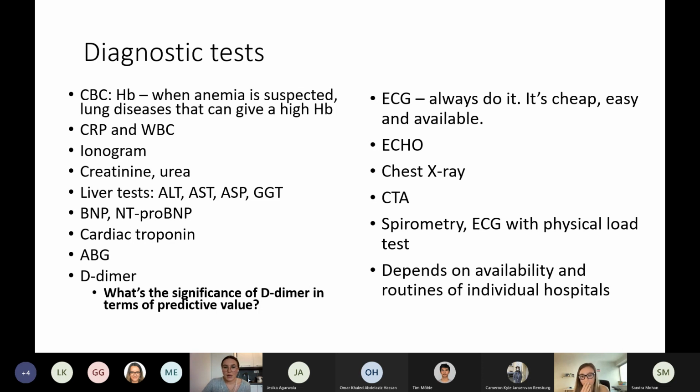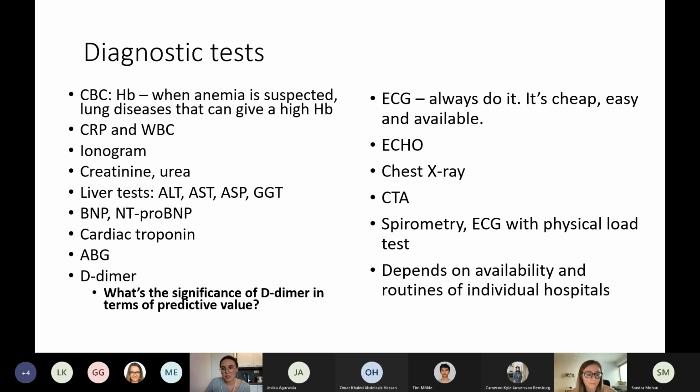And chest x-ray as well. A lot of literature says that ECG and chest x-ray are standard in patients with dyspnea, and especially chronic dyspnea. Chronic dyspnea is always an indication for a chest x-ray. And then the other things really depend on the availability and the routines of the individual hospitals, but you can